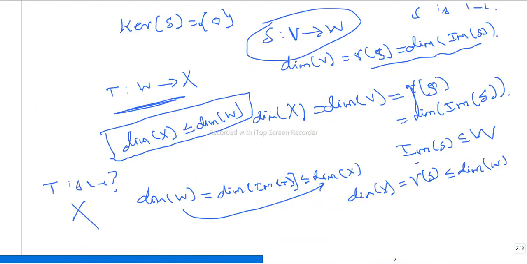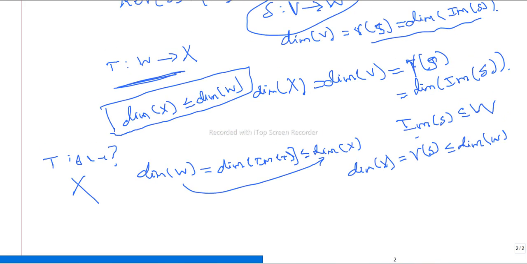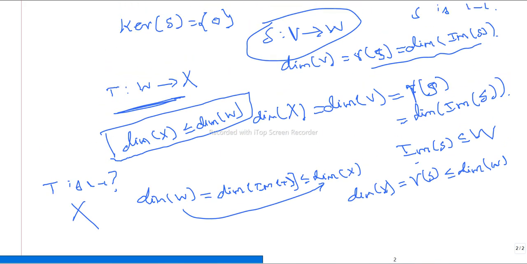But what can I say about onto? Maybe we can say directly that it's an onto function, because of the dimension of X. Usually, because the codomain dimension is smaller than the domain, we can define the onto function. Usually, if the domain contains a small number of elements but the codomain contains more elements, we can